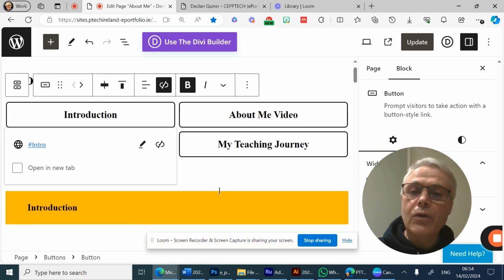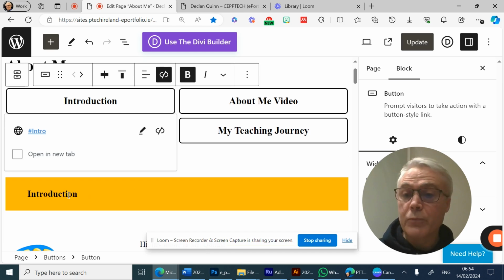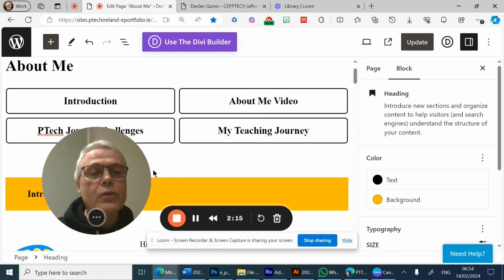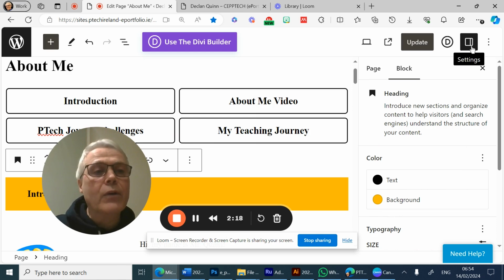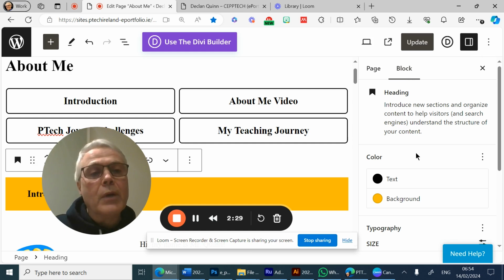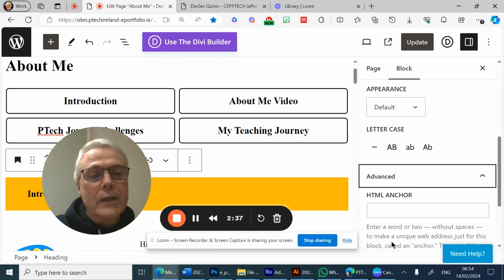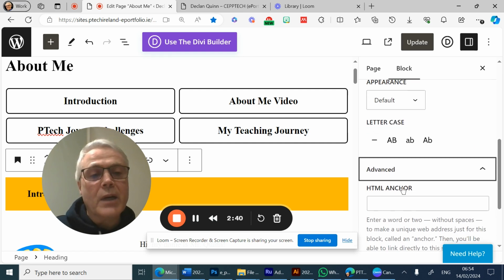I then scroll down to the heading that I want to jump to, or my anchor point, and click on it. In this case, the word introduction. If I toggle over to the right of the screen, I have here open my settings panel, and you can see, as I'm hovering over it, the word settings. I'm inside that, and there's the block tab. Below the block tab, if I scroll down at the very bottom, you'll see the word advanced. And if I open that, it gives me the HTML anchor